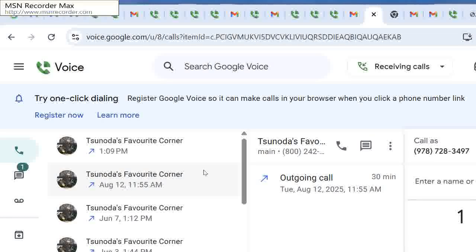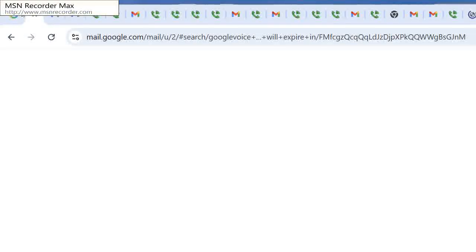So as far as this is concerned, I'm done with this account. I can go back and delete the message from this account telling me that the number will expire.